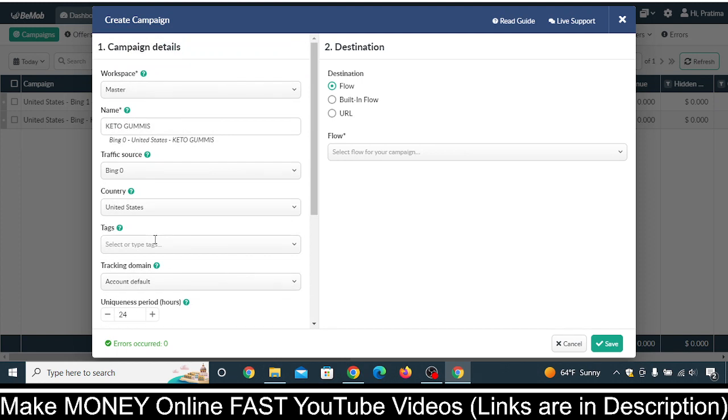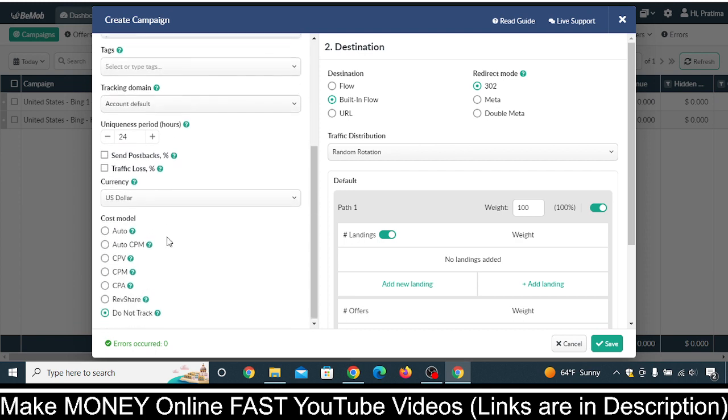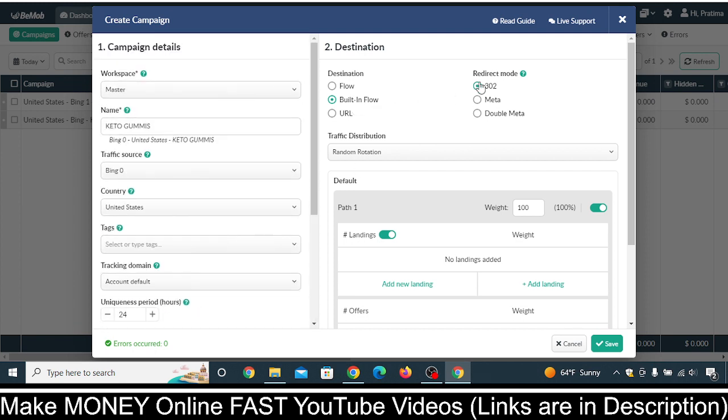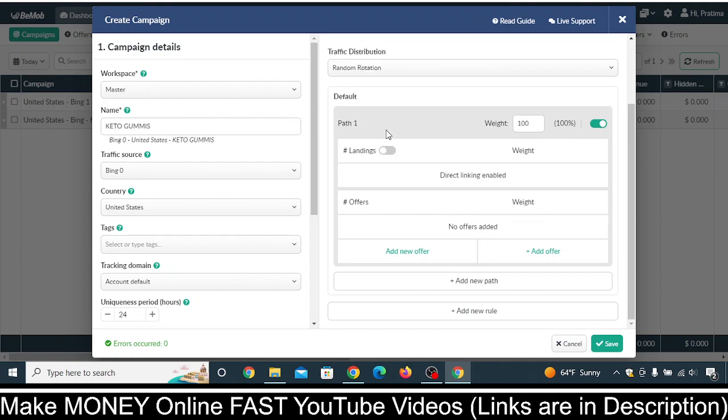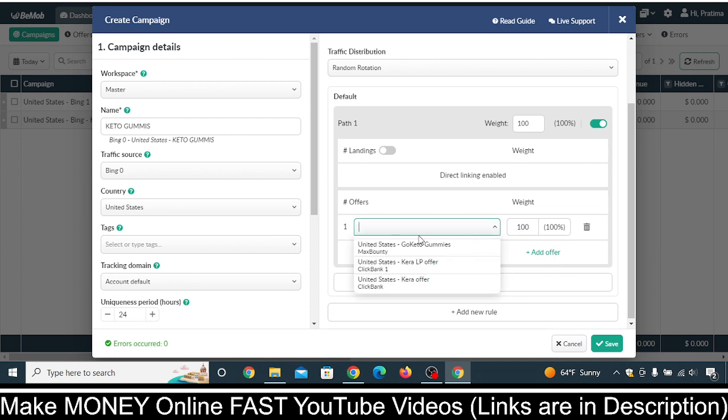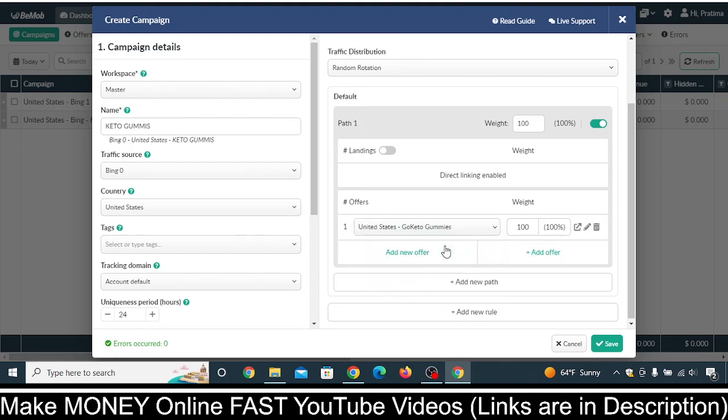So once you do this much, then click on built-in flow. So everything is fine at here, okay. Click on built-in flow. 302 is fine, and we are not going to use the landing page, so turn it off, and direct linking will be enabled. And then click on add offer, and then select the offer that we are going to promote, like Go Keto Gummies. So just select it, okay. Once you do this much, then just click on save,